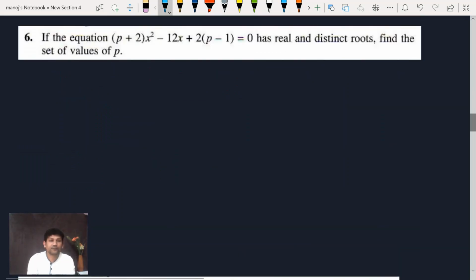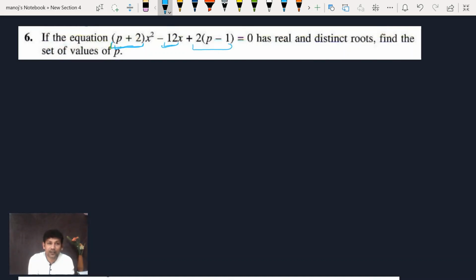In this question number 6, this equation is this has real and distinct roots. Find the set of values of this. Okay, the same condition is there, but here what's the problem? The x square is having this value, this coefficient of x square. The coefficient of x is this, and this is c. So a is given, a is p plus 2, b is minus 12, and c is, you can multiply 2p minus 2, and that's the value, and we can apply distinct real roots means b squared minus 4ac